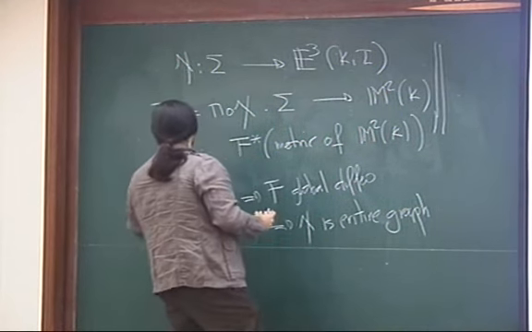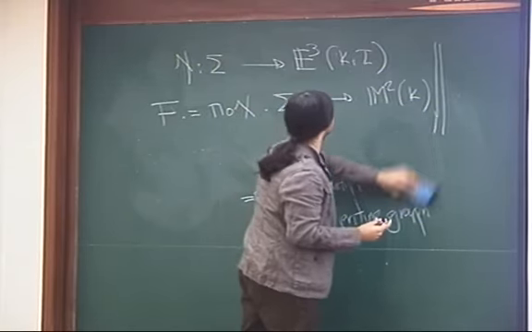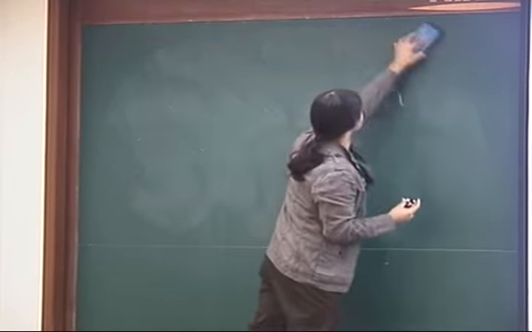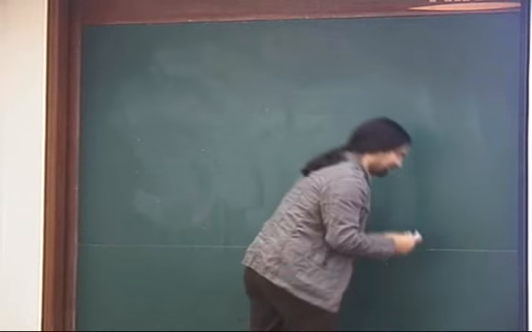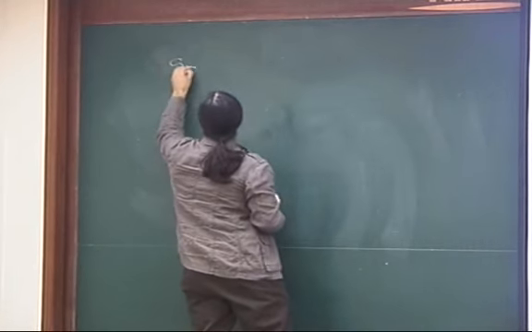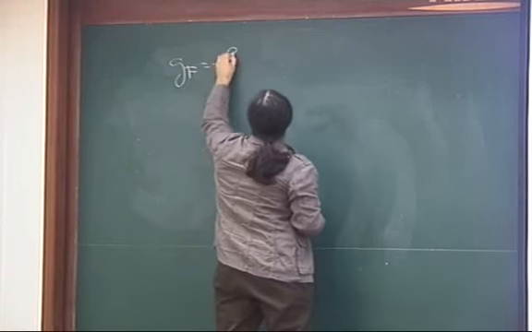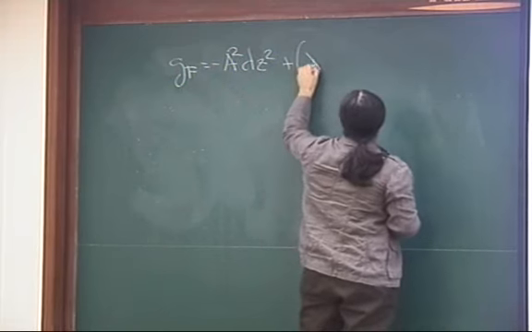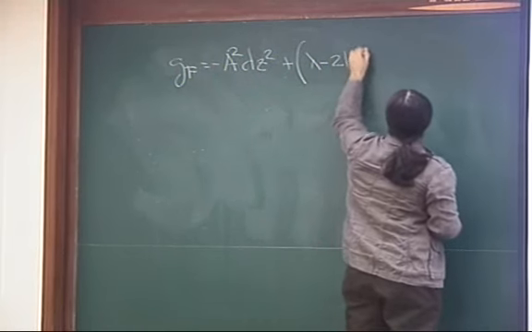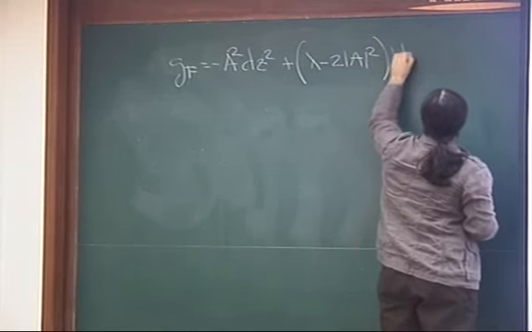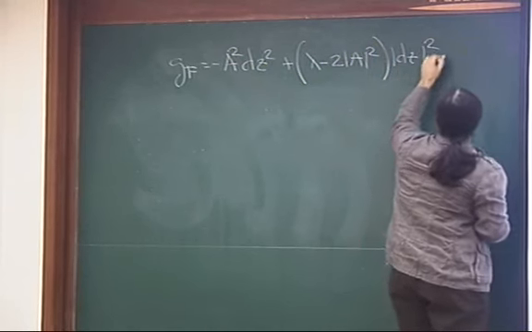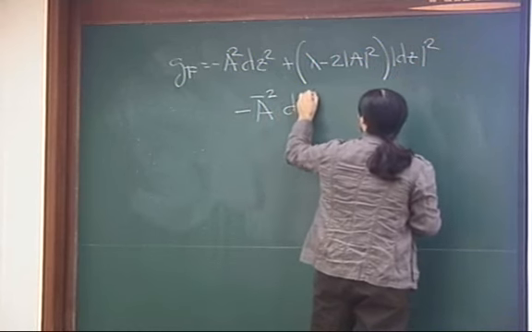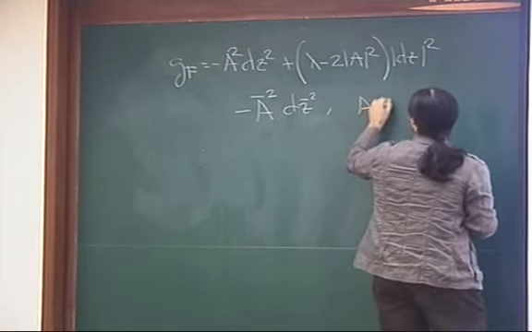So we can prove easily that G_F has this expression: minus a² dz² plus (lambda minus 2|a|²) dz dz̄ minus ā² dz̄², where a is by definition